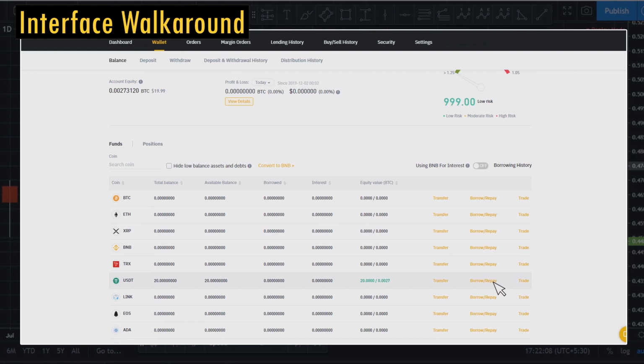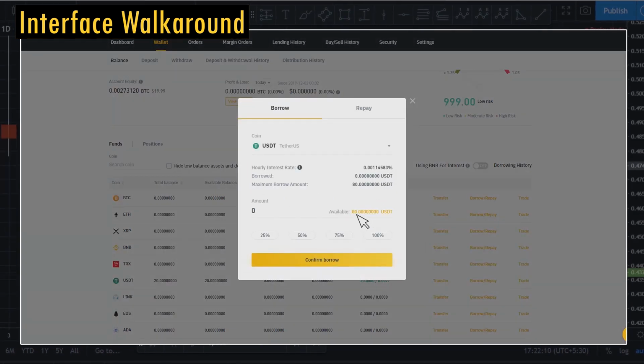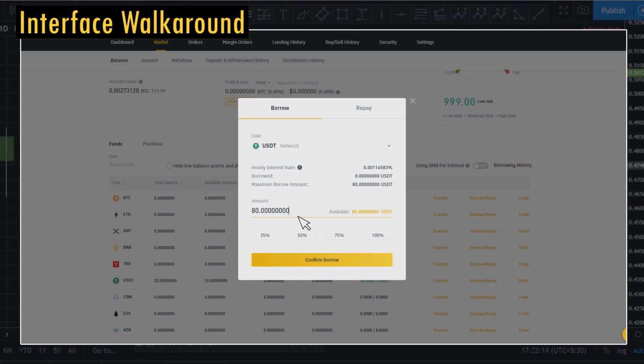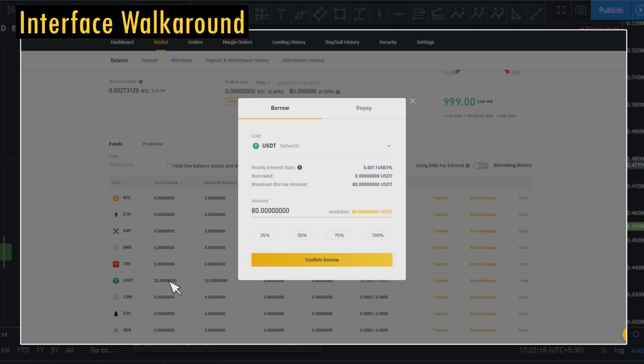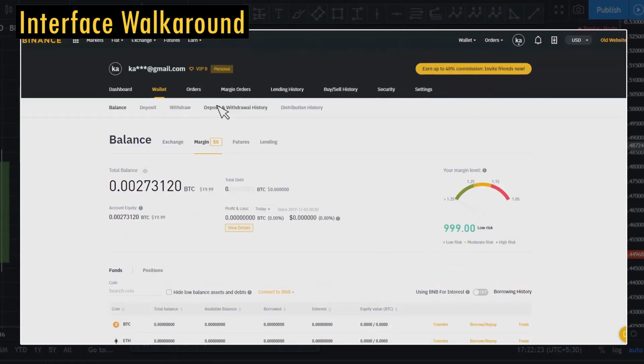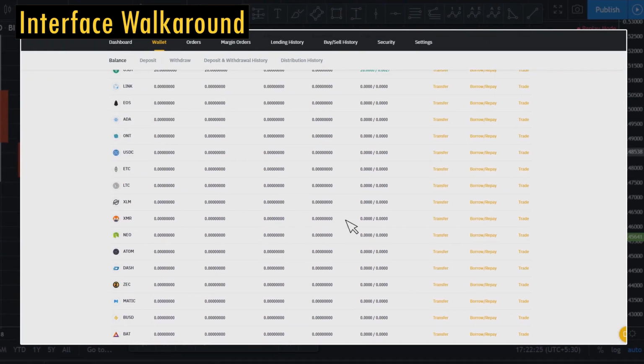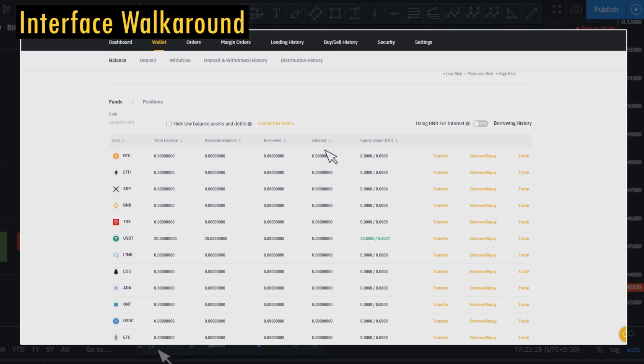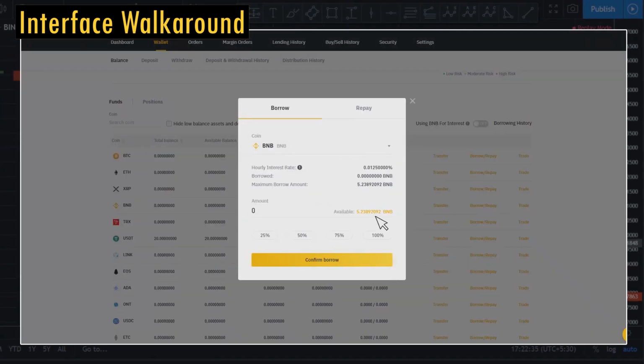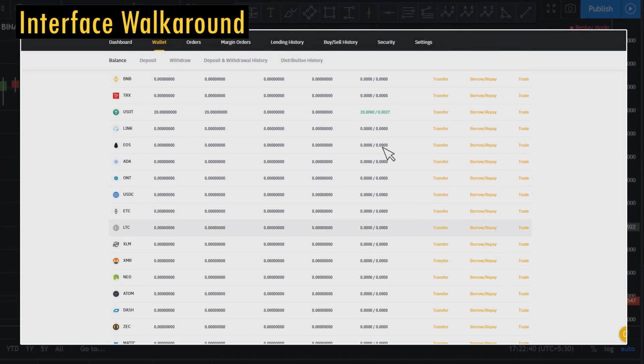So if I click on borrow and repay, you can see I can borrow up to $80, right? In the previous example, the template that I showed you, for $100 you can borrow up to $400, right? Similarly, for $20, that's 4 times 20, which is $80. So I can borrow up to $80 because of the 5x leverage. Okay, and you can do something similar with any other funds. So I can not only borrow USD, I can borrow any funds. For example, if I want BNB, I can just click on borrow, and I can borrow up to 5 BNB. Okay, and yeah, so this is how the interface looks like.